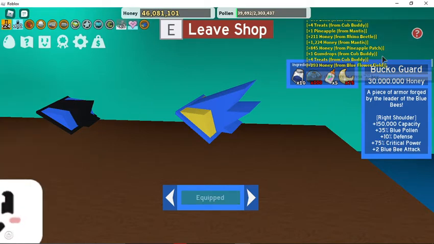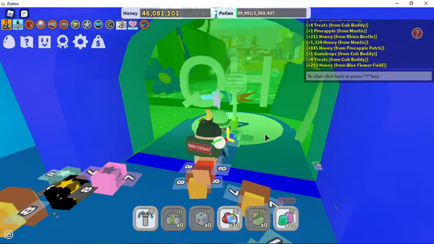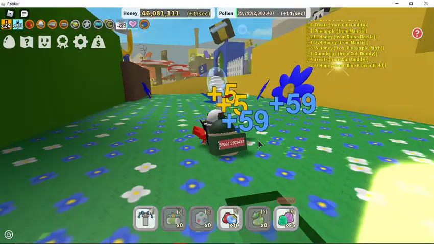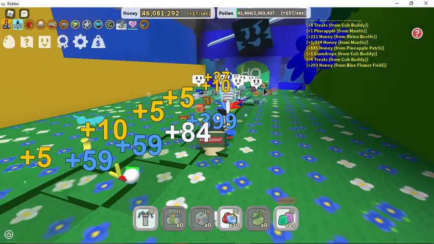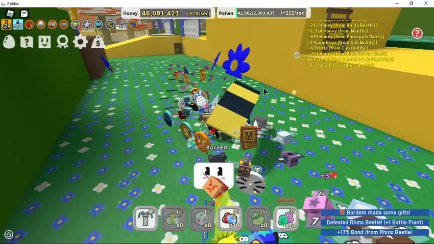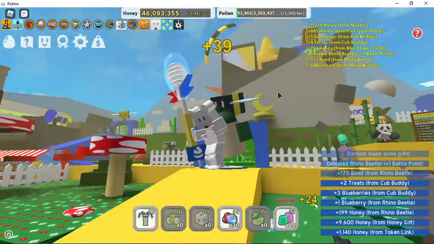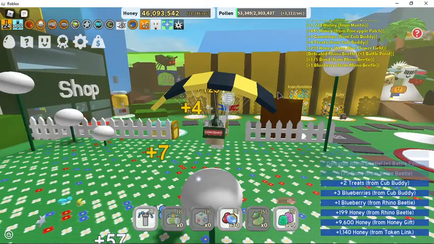So there's also this one, with a lot of capacity. I'd actually recommend getting that one. I'd recommend getting the Elite Guard and then the Bucko Guard. So, yeah, if we go up to the mountaintop where the Elite Bear is,